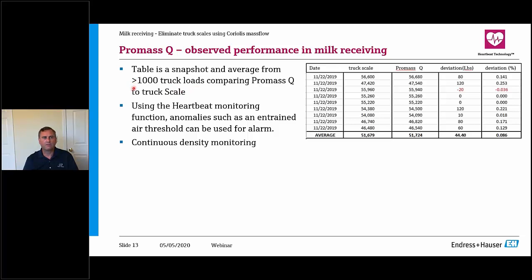So this was a little over 1,000 truckloads, over roughly a 2-week period at this particular facility, where we were taking readings, comparing the meter readings to the truck scale. So we have the truck scale here, and then we have the Promass Q. And this is just a few of the 1,000 measurements. We can see here the average. We were about 44 pounds error as an average, and that's about 22 kilogram error